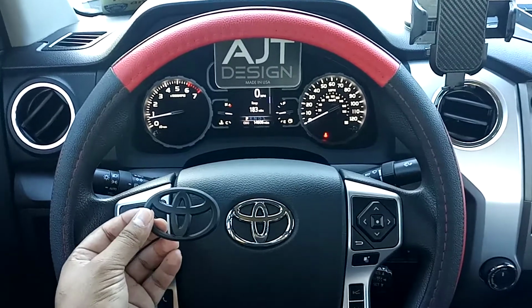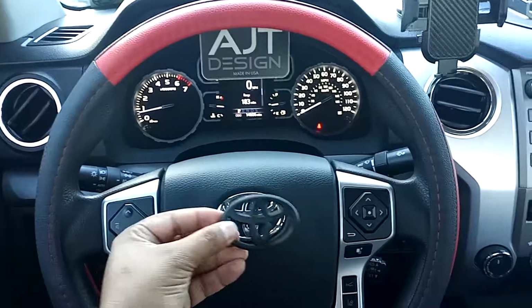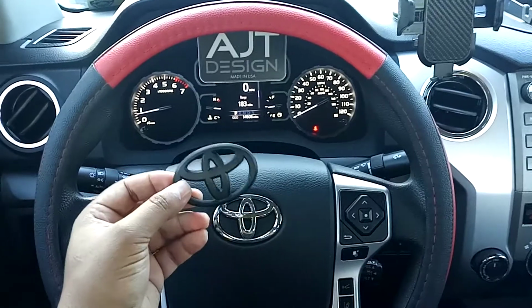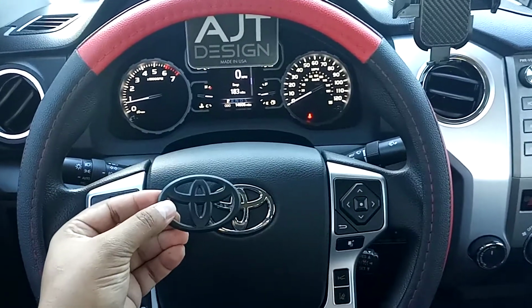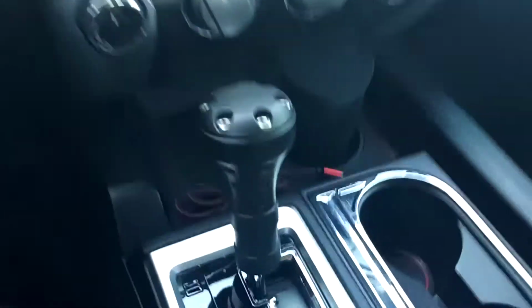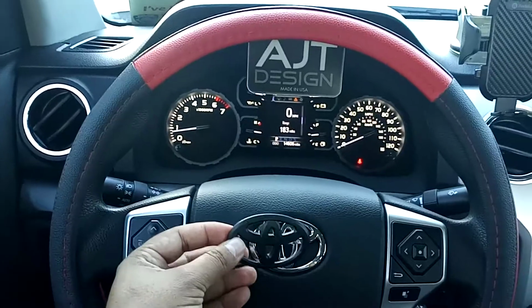So as you can see here, this is an emblem overlay that goes right over, that I got from AJT Design, and I've got a couple of their products. I've got the shifter knob here, so if you want to see a video on that, you can go ahead